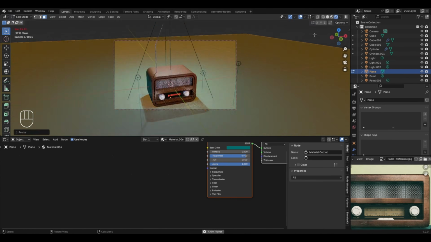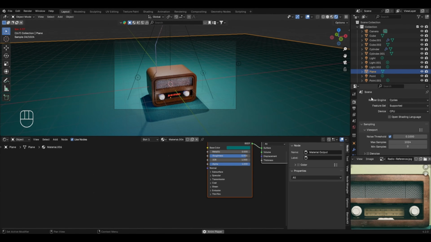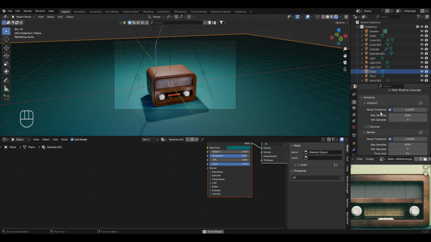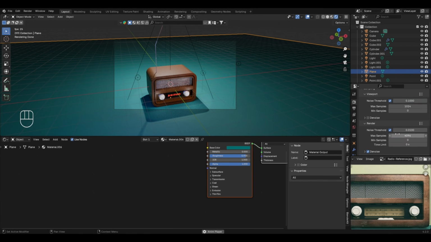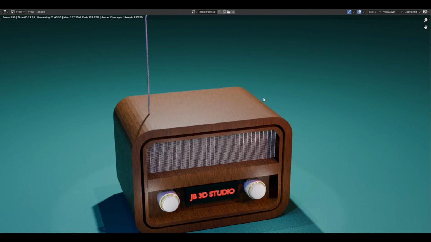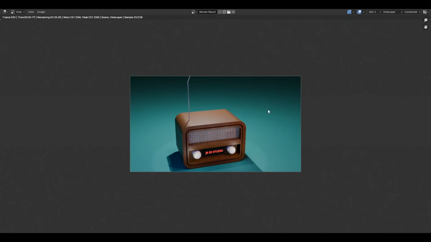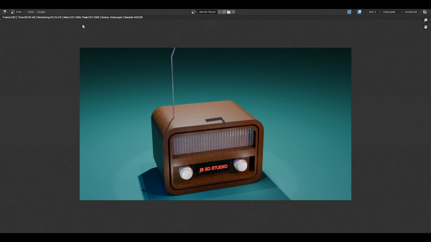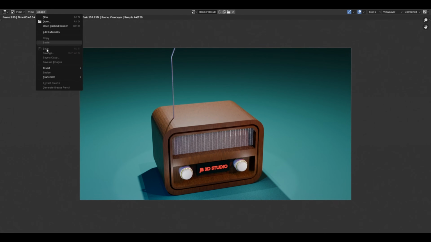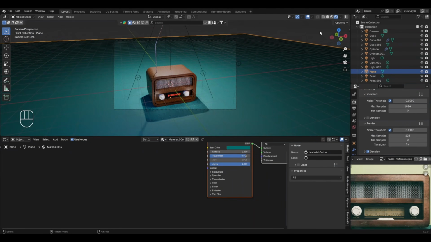So to render it, do ensure that in the render properties, the Cycles render engine is selected, and in the sampling, go to the render category, reduce the number of maximum samples to 128 or 256, and now we are ready to render the image. So go to the render option and select render image, and now the rendering has started for this 3D model of the radio that we created. And once it is rendered, you can go to the image menu and save the file by clicking on the save button. But for now, I'll close this window, and with this, we have now arrived to the end of